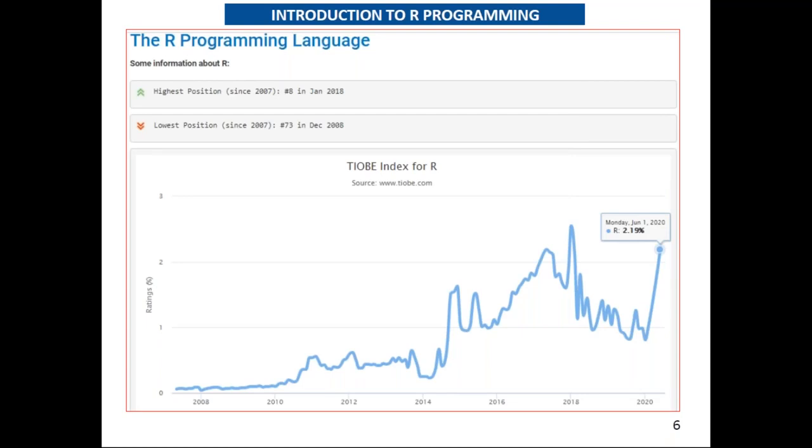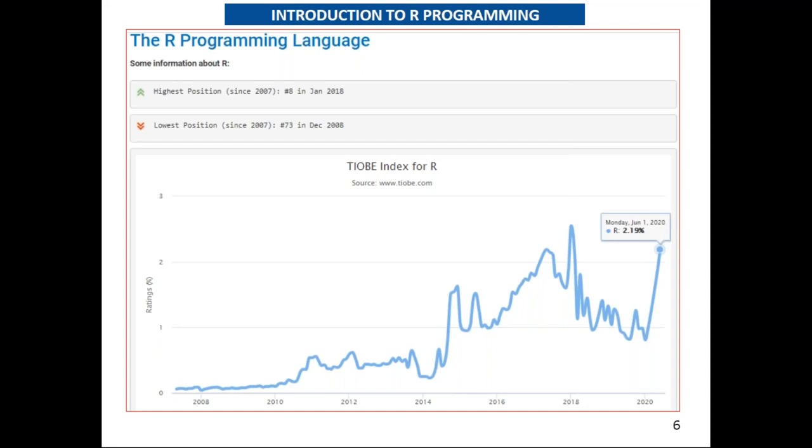The lowest position since 2007: it was in 73rd position in December 2008. Now you can compare from 2007, when the importance started at that time itself. At that time it was in the 73rd position.